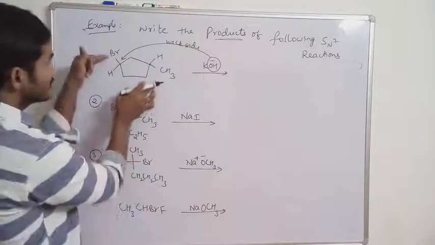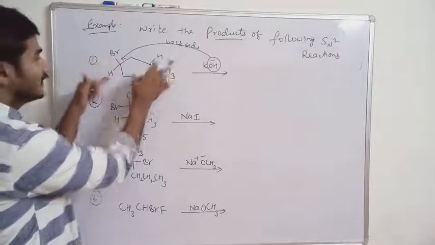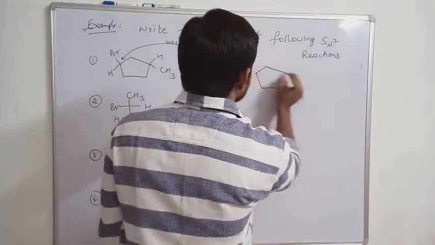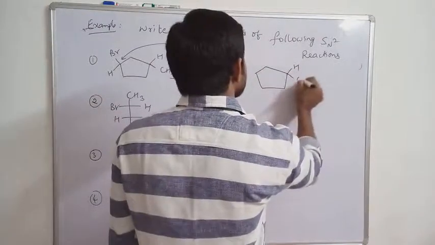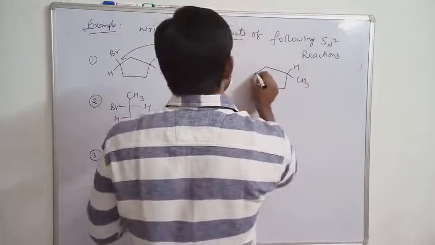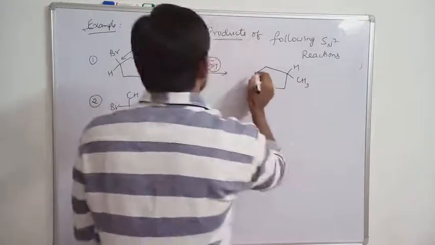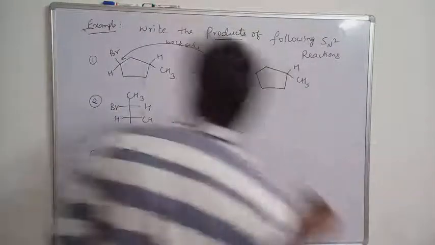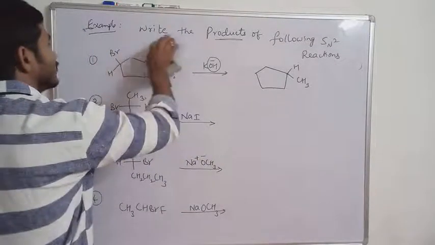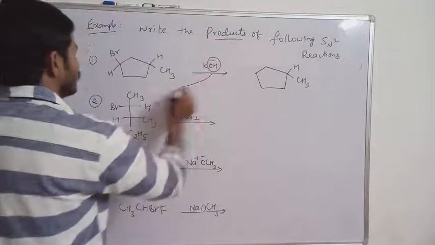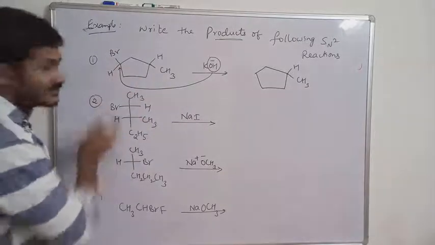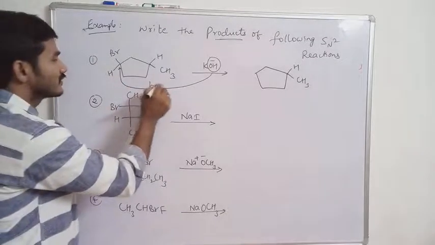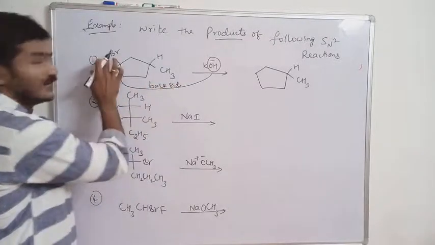Okay. So how to write this? This Br, CH3, the opposite side. H opposite side. Now the product will be H, CH3. This group will not change. But here, when OH attacks from the back side, the group won't attack from the front, it is the back side. Back side means opposite of the halide. Opposite of the leaving group is the back side. Remember this? Back side attack means opposite of the leaving group.